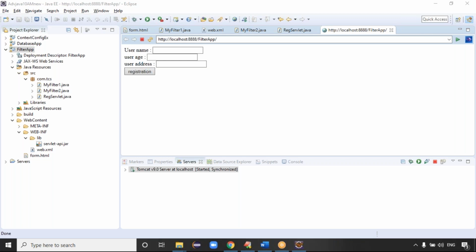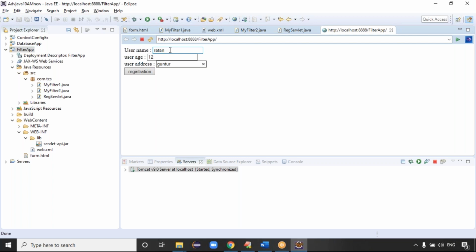Yeah, the form page is open, right? Username, user is and what? User address, because the form page welcome file is open or not? Welcome file is open, right? Exactly. Because you can open the username here. The username I entered something like Ratan, and age something like 12 years. Next one is what? I can enter Guntur, right?